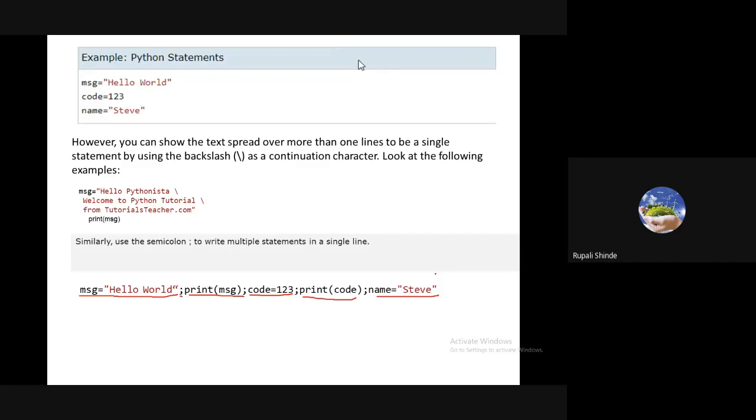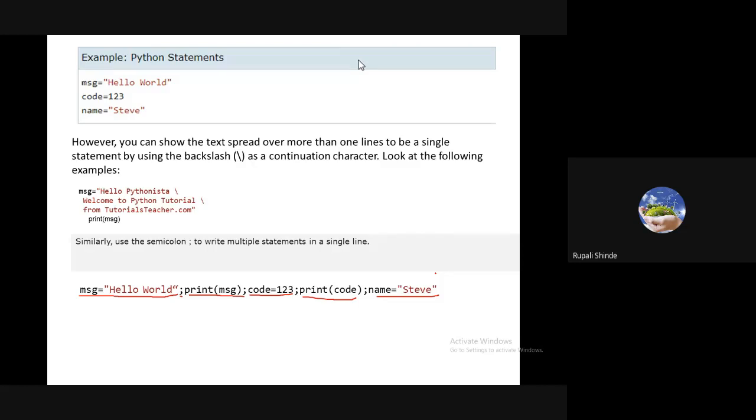Hello, are you getting it? How to write the statement in Python programming? Abhishek, are you getting it? It's very basic, which you require to write the program during the practical time or during project development. It's a very basic term.